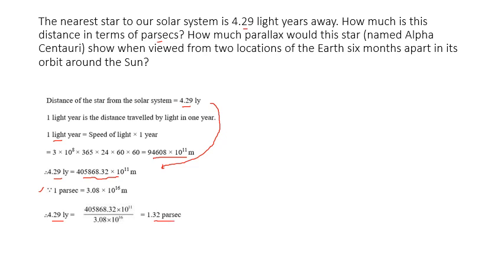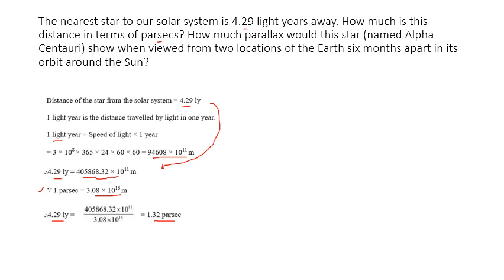So what we did: they have given the distance in terms of light years, 4.29 light years. We converted the light year into the meter scale, and then again converted that meter scale into the parsec scale. Students, you should always remember these constant values: 1 parsec, what is the value? 1 light year in terms of meters. All those constant values you should remember. Okay, let us see the next subdivision.